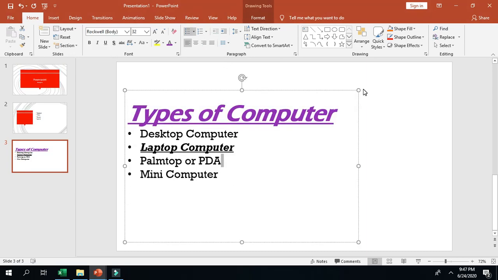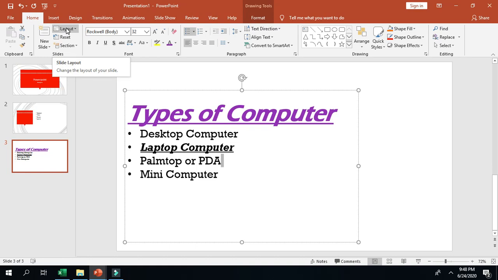So next topic is changing the slide layout. A slide layout determines the placement of all the items such as a title, graphics or text boxes that make up our slide. So basically slide layout decides the position of different items, that where the title will be shown in the slide, where the graphics will be shown in the slide, or where the text boxes will be shown in the slide. So to change the slide layout, we will click on Home tab.